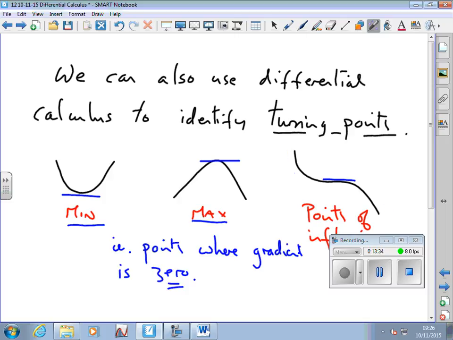Points of maximum and minimum, turning points, can be found, because what we do is we take our differential function and find out the value of that when it's 0, because that's when the gradient's 0, when we have a turning point. So we'll see another great use of calculus is to find maximum and minimum values, which you can imagine for an engineering situation could be very useful. What's the maximum speed you're going to get? What's the minimum voltage you're going to get? Use differential calculus and find the value when the differential equals 0. An extremely powerful